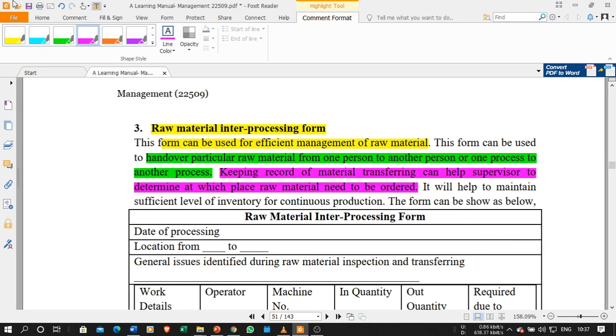Okay, so when you are going to transport the coal, if because of some reason my coal is not transported to that location, my power plant will stop working, and if I need to start it again, it requires 18 to 48 hours for starting. During that period, all the workers are going to be idle. Okay, but I need to pay the salary, so I need to maintain the stock, and that maintaining of the stock is called the inventory. So inventory is very very important in the organization.